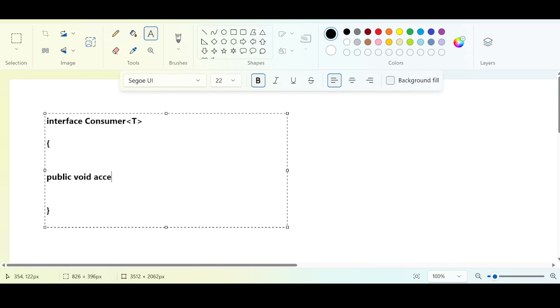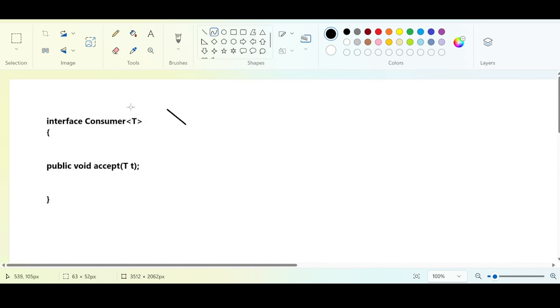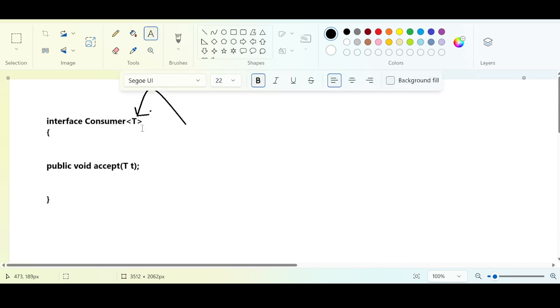So you have an abstract method called public void accept. This accept method is going to take the parameter in the form of the T type itself. So this is the normal consumer, and you pass an input. Okay? Input is of what type? T type. Always remember, the ordinary or normal consumer is going to accept the input in the form of what type? Always the input is going to get accepted in the form of the object type, or wrapper class type,